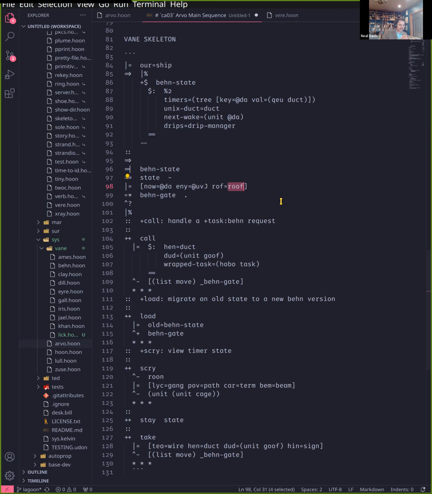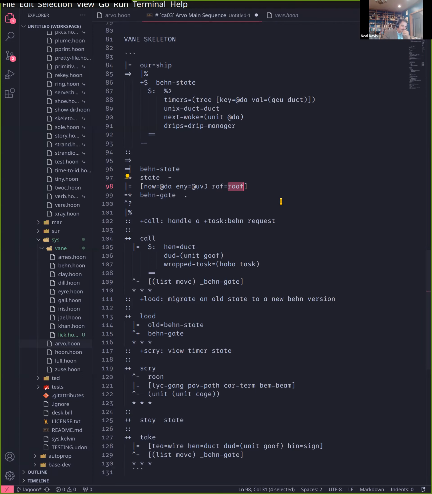And ultimately, this is what's happening here, we're passing this roof gate into the particular vein. So this is what's going to give you a bridge between .ket and the look scry handler in Arvo that we'll look at a little bit